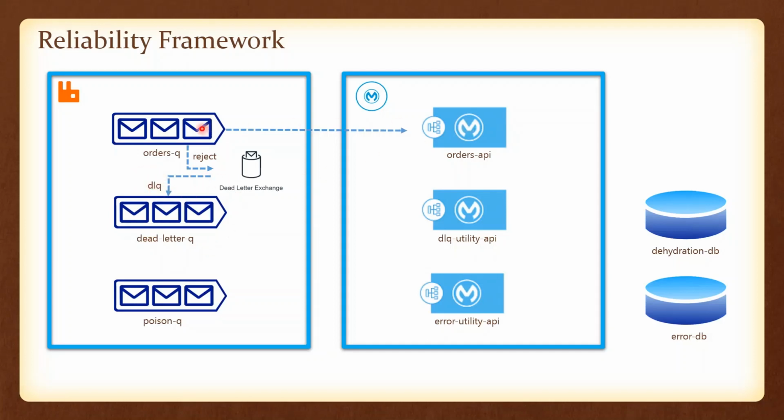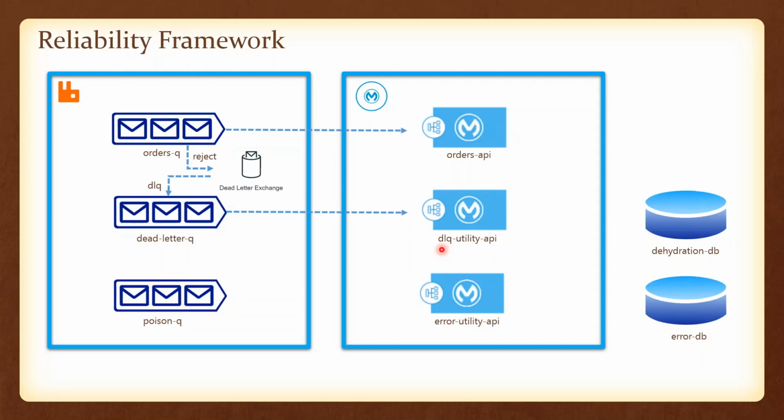So the API rejected the message. Now the queue took the message and pushed it to the dlx, which is the dead letter exchange, using the routing key dlq, and it lands into the dead letter queue. Once it is in the dead letter queue, this queue will push the message to the dlq-utility-api. The idea of this dlq-utility-api is it will take the whole message along with the attributes and the payload